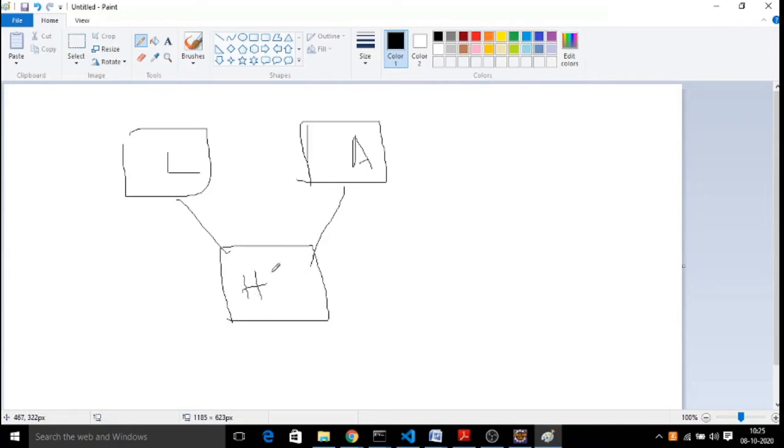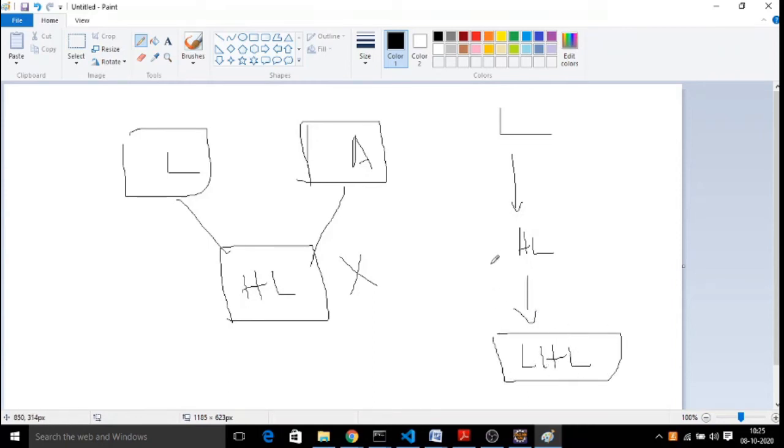It's not possible. But from one class, loan, to housing loan, and housing loan to long-term housing loan or short-term housing loan is possible. Multi-level is possible. A to B, B to C, C to D, that is possible. But A and B at a time into C is not possible because of the diamond problem.